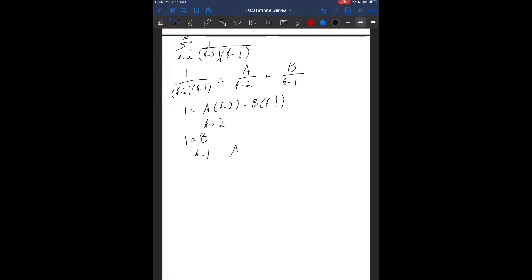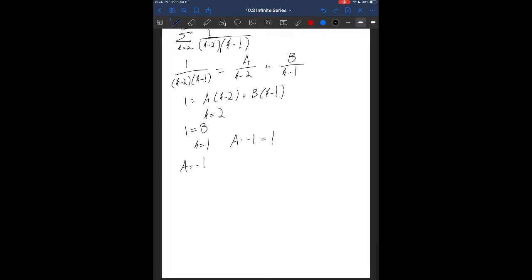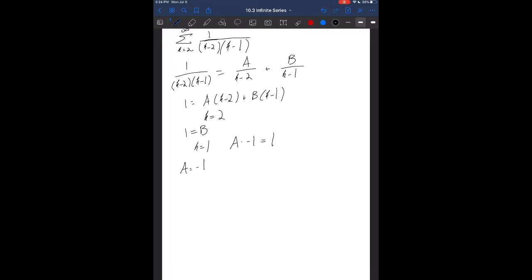Similarly, if I plug in k equals 1, this is going to get rid of my b term, and I'm left with a times negative 1 equals 1. So 1 minus 2 is negative 1, and this means a equals negative 1. So simplifying this sum, we get 1 over k minus 1 minus 1 over